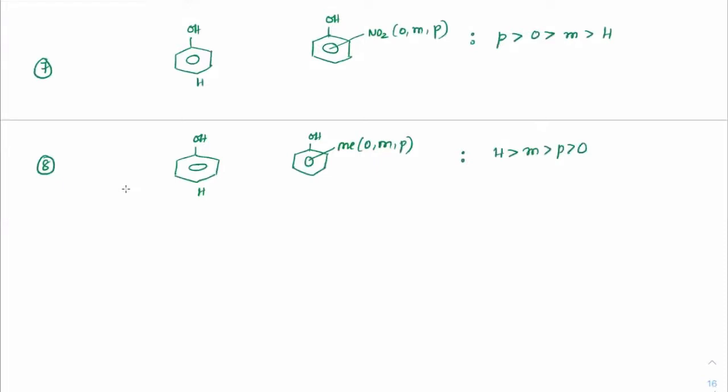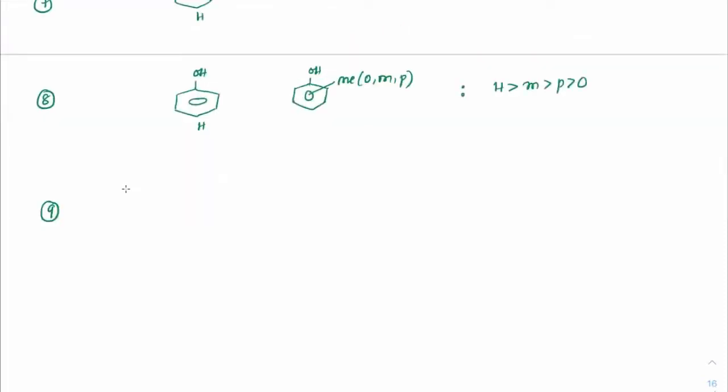Okay, here it is a very generic case, right, beta? When it comes to ortho, I have both hyperconjugation as well as plus I effect, and hyperconjugation is dominant. While in case of para, if you check out, it has the same hyperconjugation and inductive effect, but the inductive effect of ortho is greater than para.